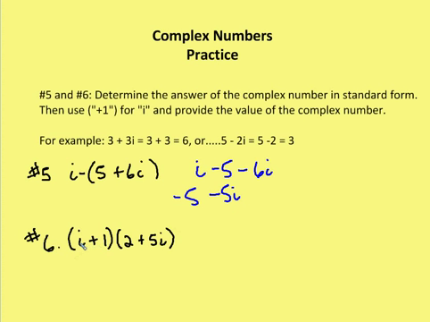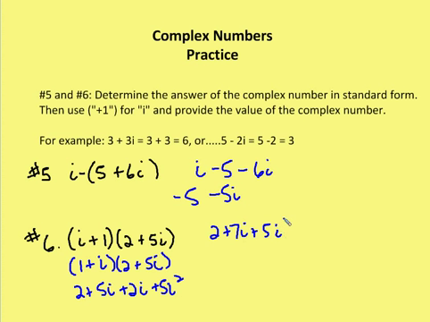Second, I'm going to multiply these two values together. And I want to rewrite this in standard form. So I'm going to write this as 1 plus i times 2 plus 5i. And I get 1 times 2, which is 2. Now the outside, 1 times 5i, which is plus 5i. Now the inside, plus 2i. Now the last would be i times 5i, or plus 5i squared. So I have 2 plus 7i